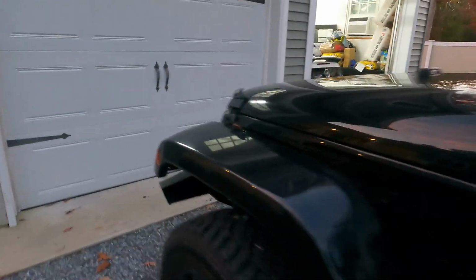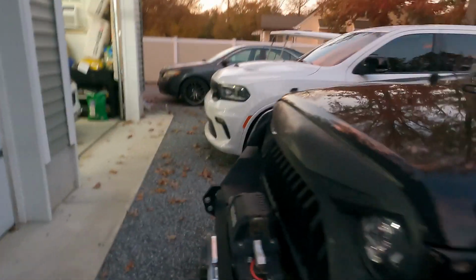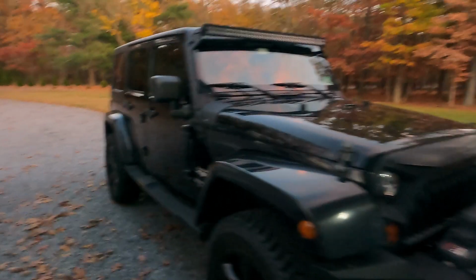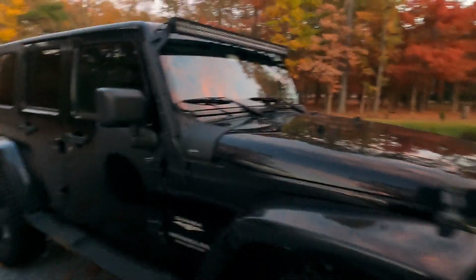And for the amount of miles that are on this engine, it's super quiet, runs great. I have absolutely no complaints with this thing. It has been an absolute tank for us. I know I'm probably jinxing myself now, but